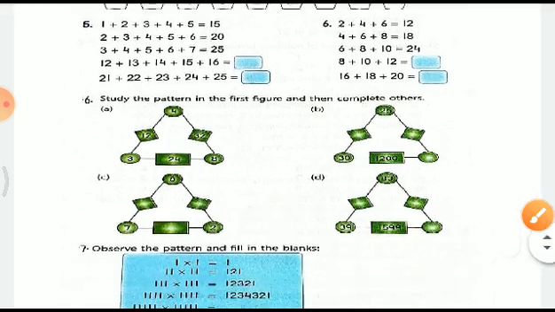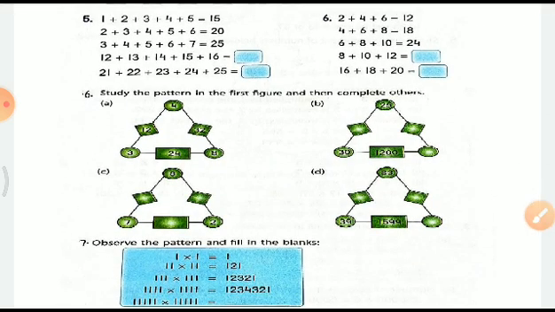Right? Okay, now see here, there are some triangles containing some circles and some squares. Let us see the pattern of the first: 3, 4 and 8 are at the corners, and in between 12, 24 and 32. So it's simple that the two numbers multiply together to get the rectangular number. 3 into 4 is 12, 4 into 8 is 32, and 3 into 8 is 24.